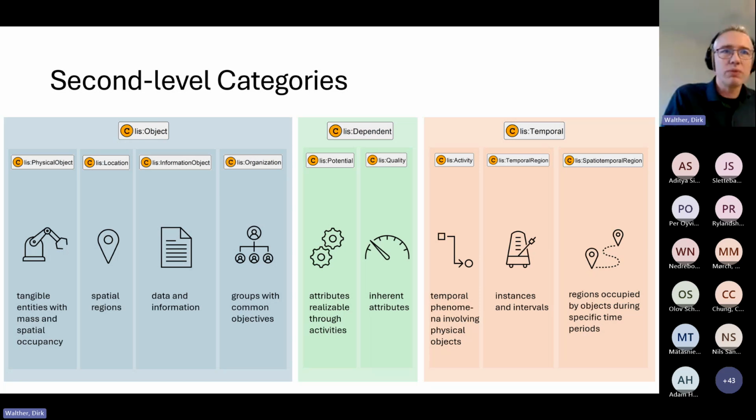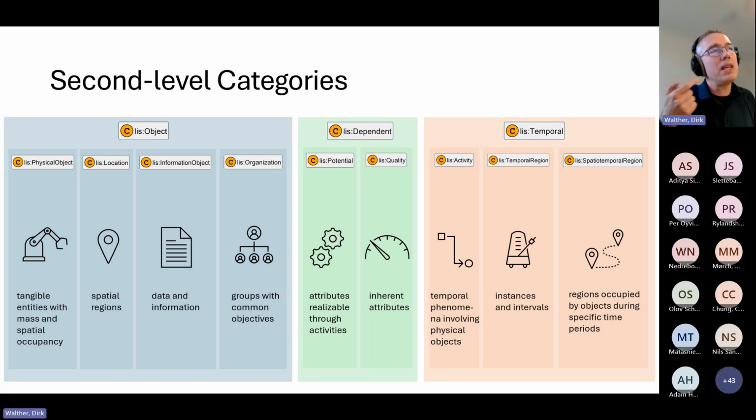So a room, for example, or that place where we met, or my favorite place to relax. I don't know. Spatial regions, which are different in nature from physical objects. The next category is information object. This includes data and information. The next category is organization, and this includes groups with a common objective. So all these together form the class of object.